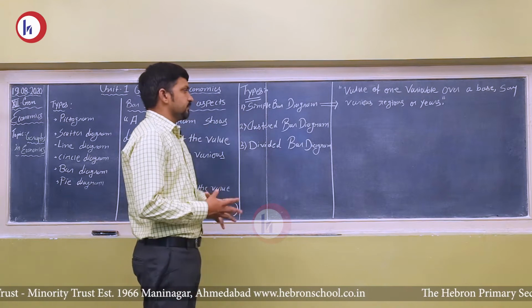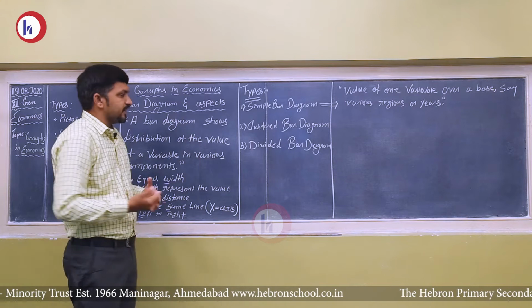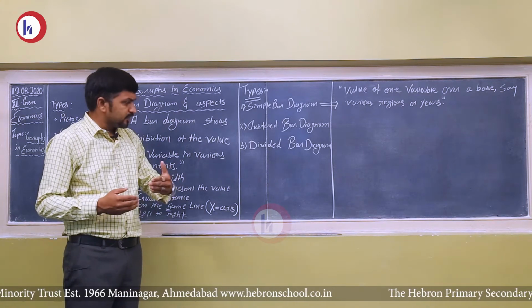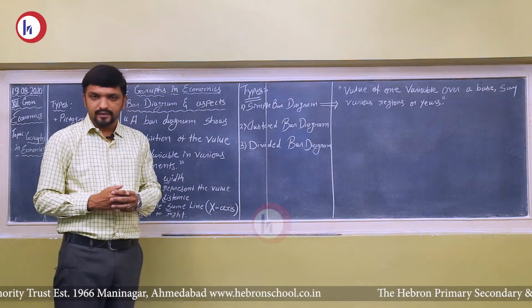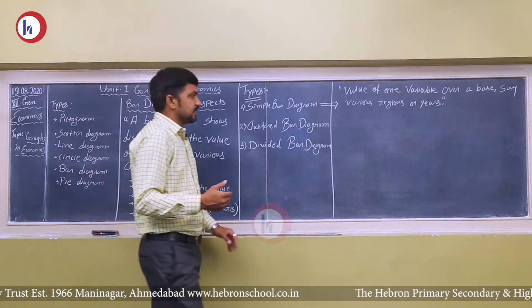Now, 3 types of bar diagrams are there. Number 1, simple bar diagram. Number 2, clustered bar diagram. And number 3, divided bar diagram. Now, the very first one that we are going to study today is